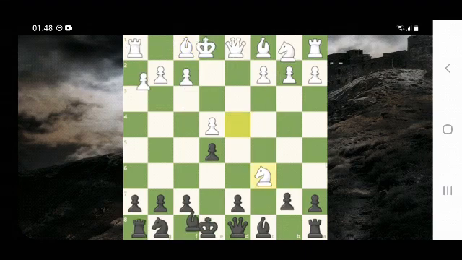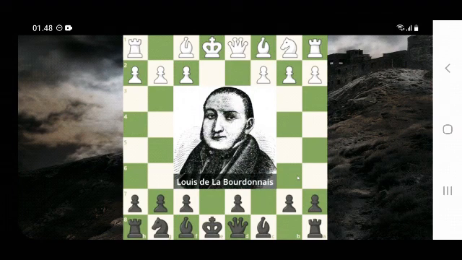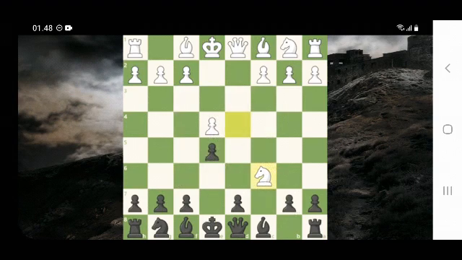So I just wanted to show you that this move isn't so threatening. We'll see another game, a historical one of La Bourdonnais with the black pieces, in another video. But it's not a move that I would recommend for white. So let's see what happens